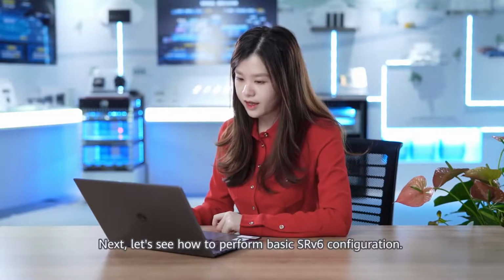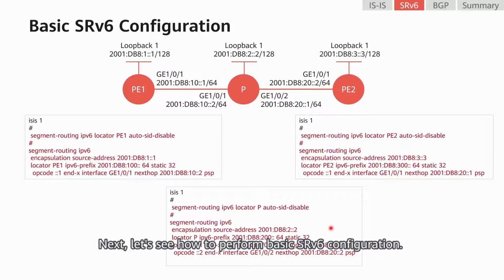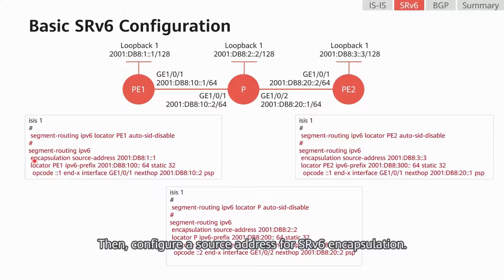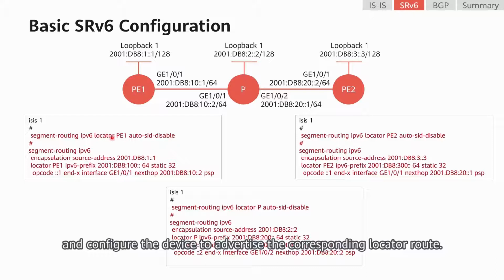Next, let's see how to perform basic SRv6 configuration. Involved operations are as follows. First, enable SRv6 globally. Then, configure a source address for SRv6 encapsulation. After that, create a locator and configure an End.X SID in the locator view to represent the adjacency from P1 to the P. After completing the configurations, we need to enable SRv6 in IS-IS and configure the device to advertise the